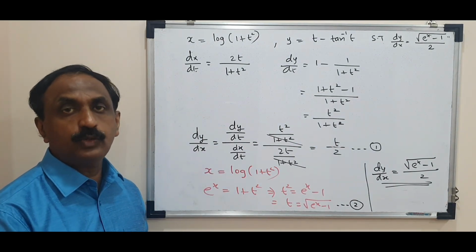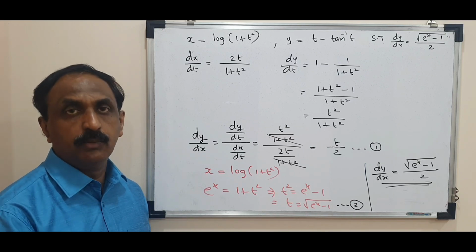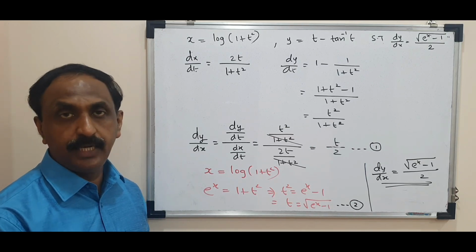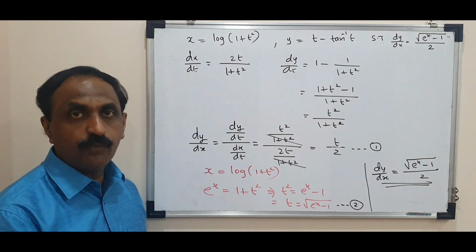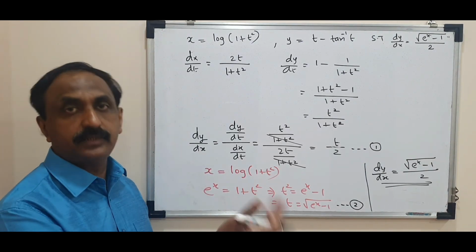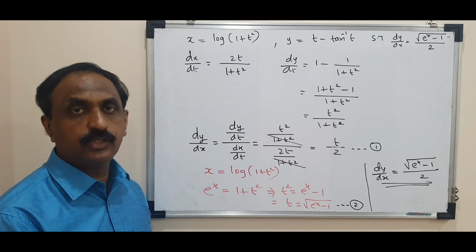So every time you need to think how to go about the function. With the majority of trigonometric functions, you can eliminate directly and find the derivative. Only in this very special case do we find the derivative and then eliminate t. So that is not always done. It's only in a special